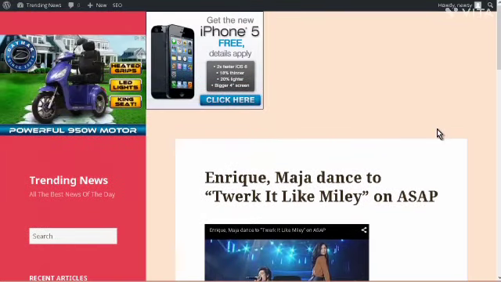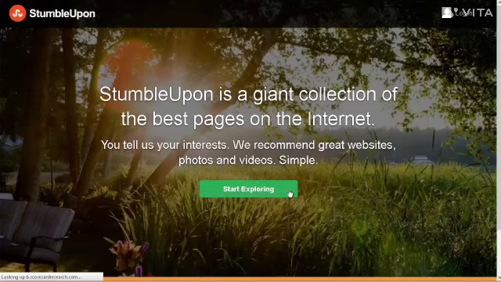And then the last thing you want to do is go to Stumble Upon and stumble the post. That way it'll show up to random people. And of course, it's going to be of interest because of trending topics. Okay, so this is an important part because it'll get you traffic immediately. So you start stumbling